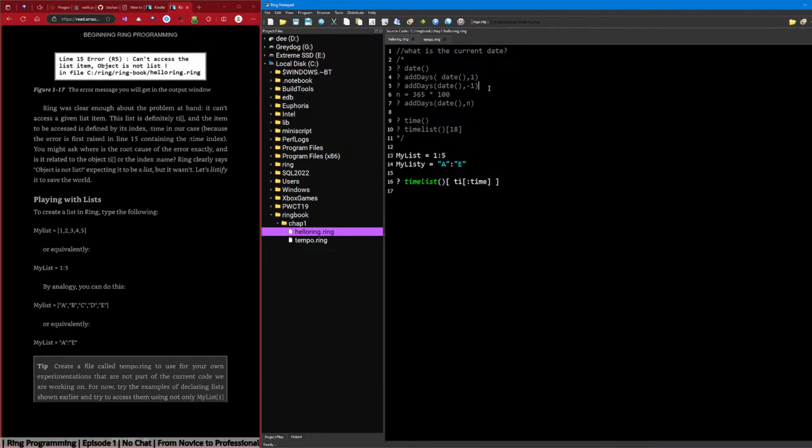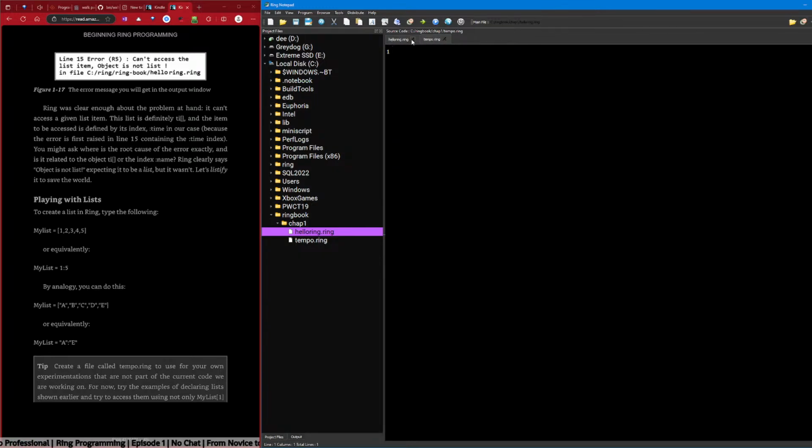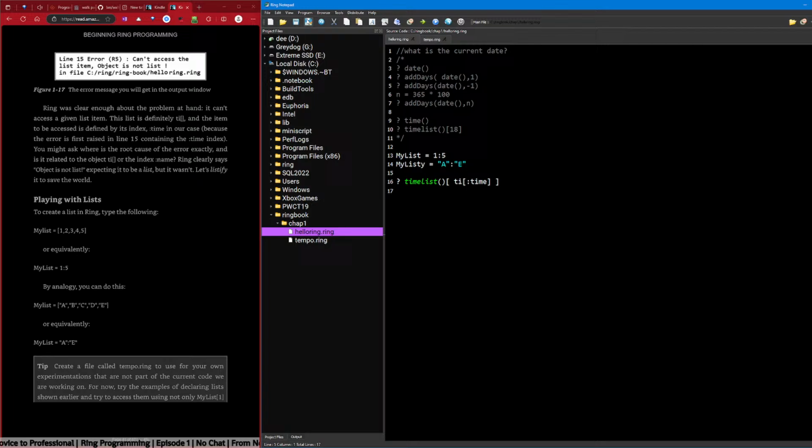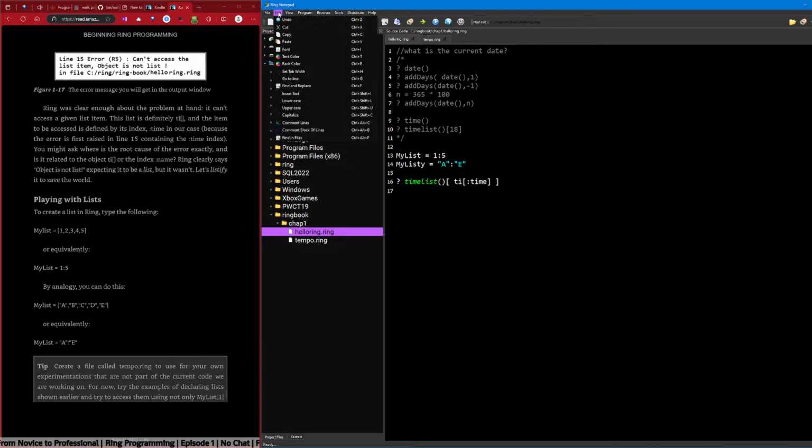Is it Alt 2? No. Surely you can switch tabs. Insert text, lowercase, uppercase, capitalize.